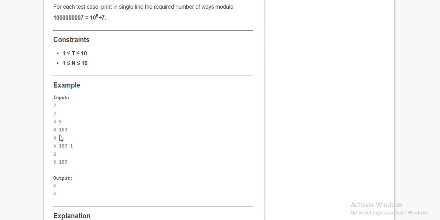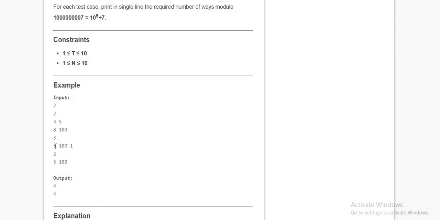Similarly, for the second test case there are a total of 3 persons, and this is their wardrobe. The first can have type ID 5, 100, 1. For the second there is only one t-shirt in his wardrobe, type ID 2. For the third one, he has 2 different types of t-shirts, 5 and 100. If person 1 wears the 5, then the third person cannot wear the 5, otherwise it will be a duplicate, so we have to avoid that.